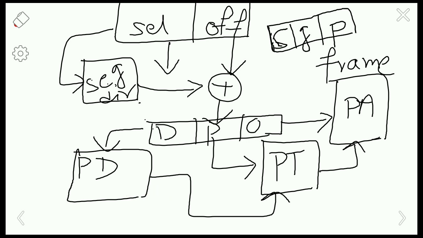So it is just like two level paging in paging. That's why the directory acts as the index for the page directory, the page number acts as the index for the page table, and the offset is used to find the particular instruction in the physical memory. So with the combination of the page directory, page number, and offset, we get a particular instruction in the main memory. Okay, so this is how segmentation with paging works.